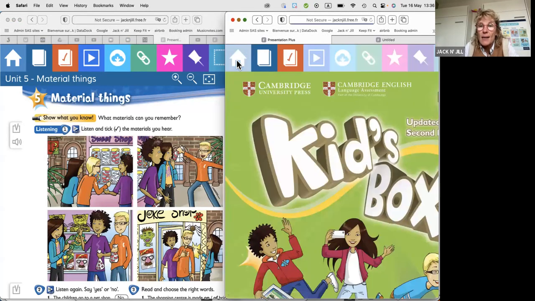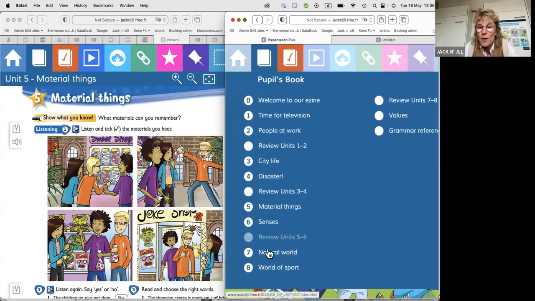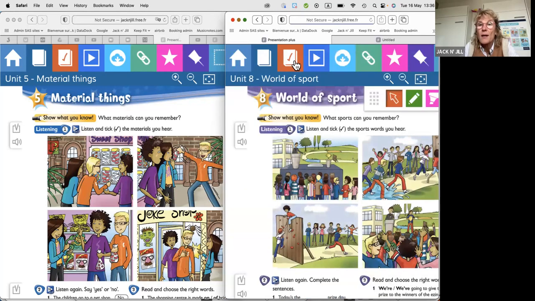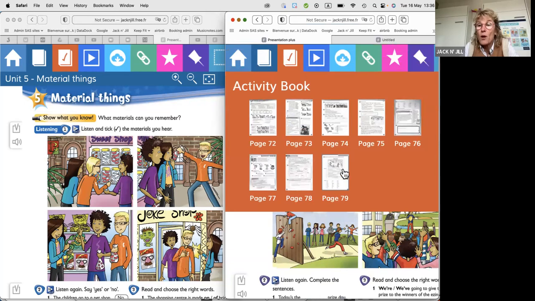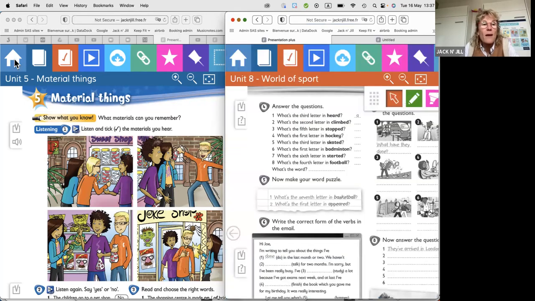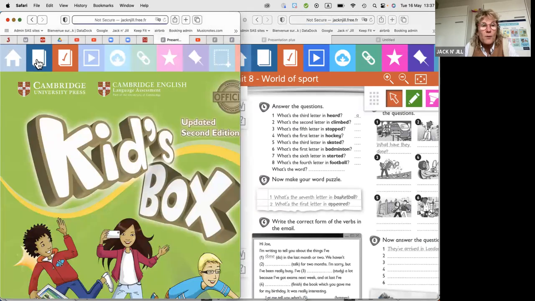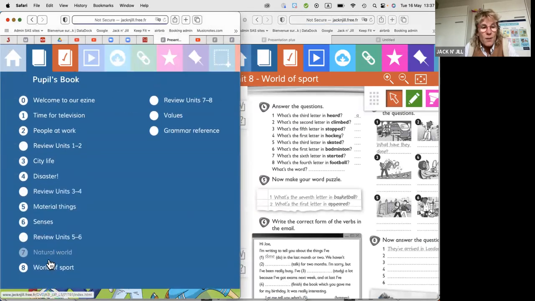So we said this is the house. We can choose our unit here. If I choose unit eight, this will give me the activity book for unit 8. Choose any page I want from that. On this side, if I choose a unit and I wanted